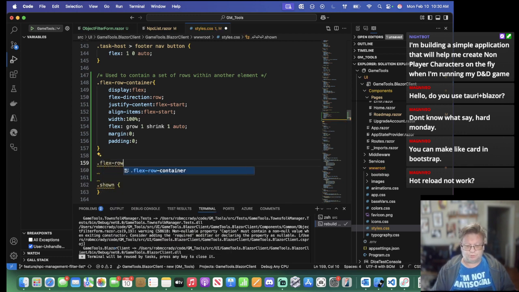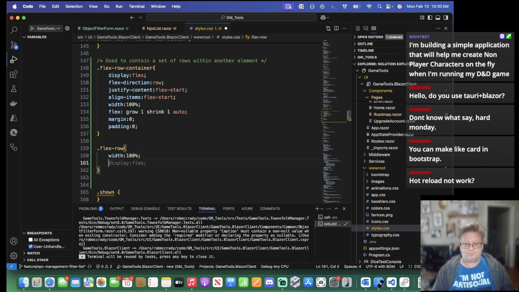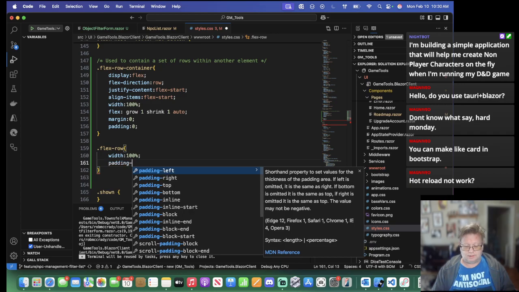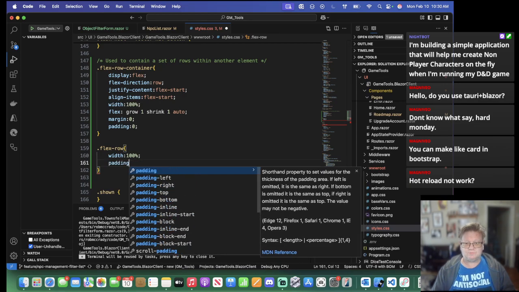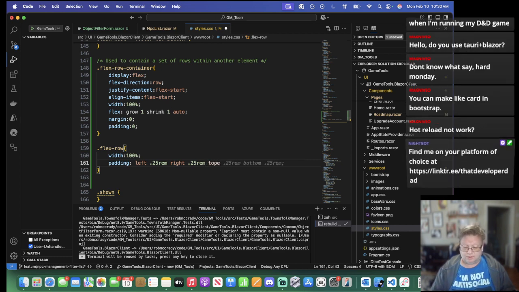Dot flex row. We're going to make it width 100%. Padding left 0.25 rem, right 0.25 rem, and I'm using explicit things here because I can never remember the actual order. Top